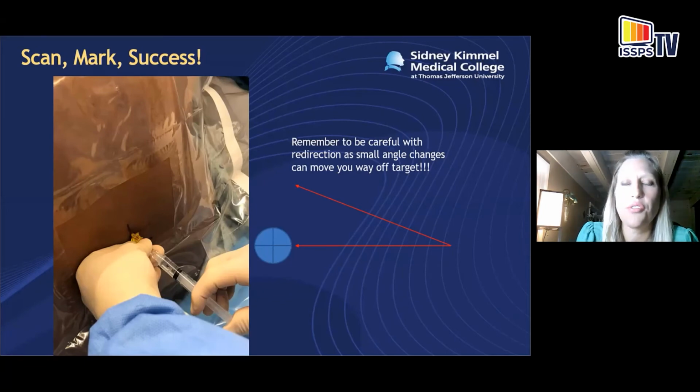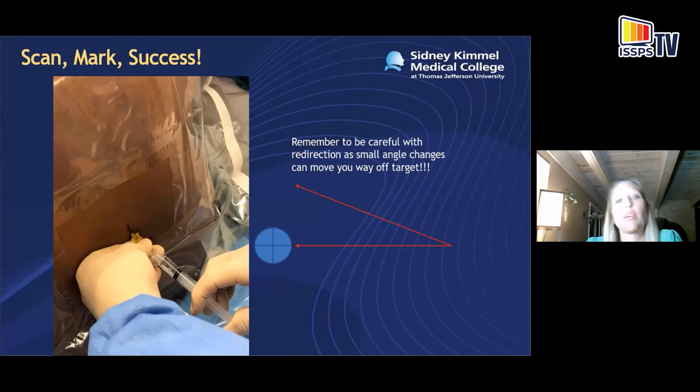But if you adjust your needle angle, even the slightest, you're going to be significantly off your desired target. So it's important to try to estimate the angle at which you're imaging when you're in that interspinous view, and it'll help give you an idea of the angle at which you should place your needle. But when you're doing neuraxial on the obese patient, just make sure you're very deliberate and careful with adjustments of your needle.